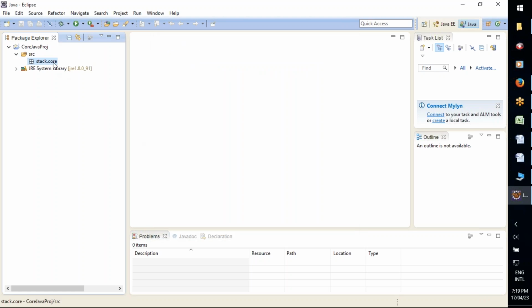Then it is a folder created. So inside this package or folder, we can create a number of Java programs. Got it? So how to create a Java program? Before going to that, before creating a new first Java program, let us discuss a few things